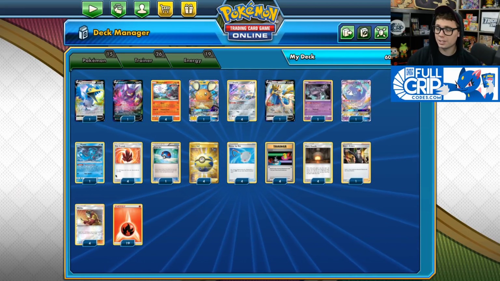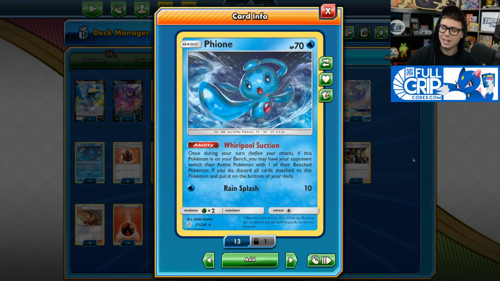Another inclusion I really love in this deck is Phione. I've really been enjoying Phione in Welder decks lately, since Welder decks usually cannot Gust and Welder in the same turn. Phione is the gift that keeps on giving. If it's on your bench, you can put it onto the bottom of your deck and force your opponent's active Pokemon to switch with one of the Pokemon on their bench. Your opponent does get to choose, but it can be very good for getting around Pokemon in the active that